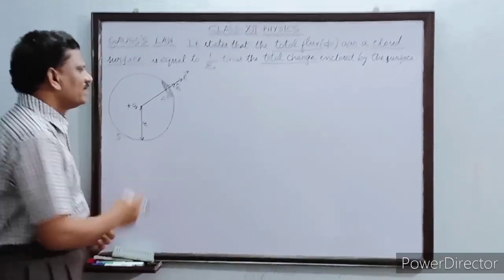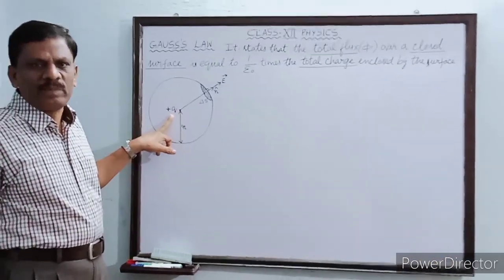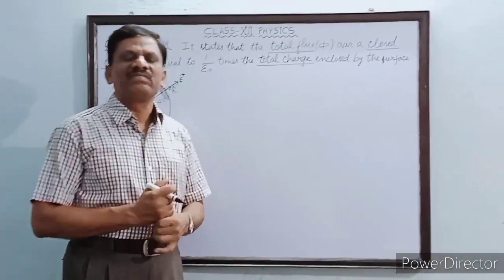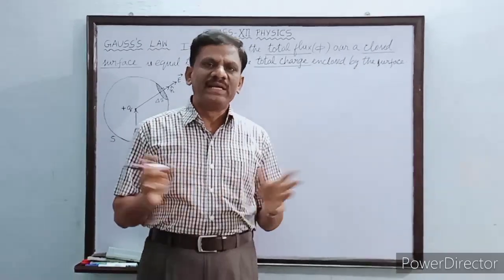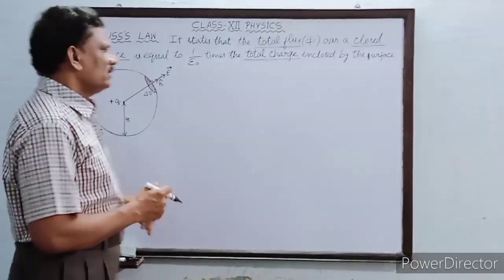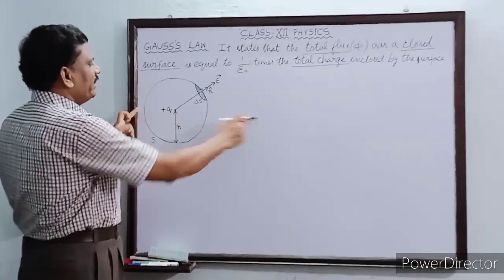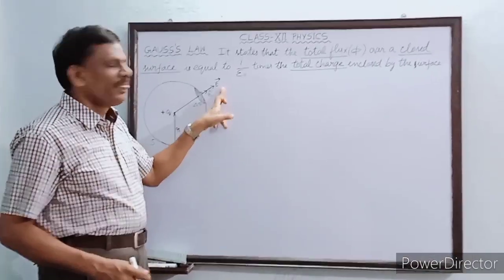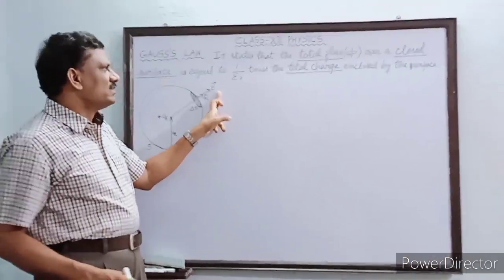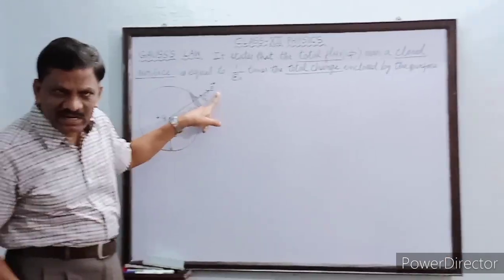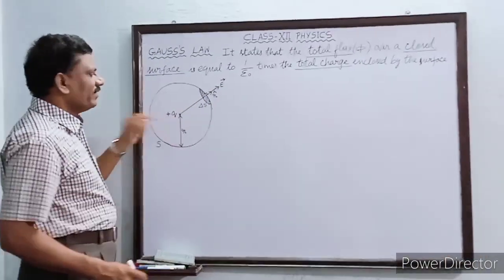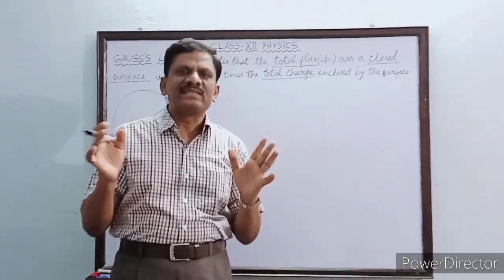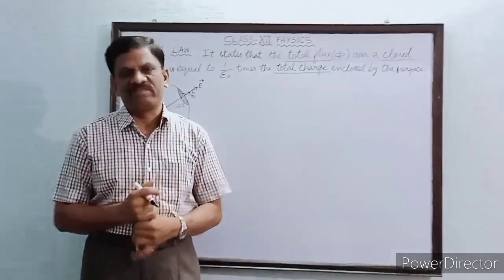So in this picture, I have taken a positive charge plus Q. Since it is a positive charge, the direction of the electric field lines of force should be radially outward. So, with respect to the center, the electric field lines should be radially outward in all the directions. But I have shown only one such electric line of force. This is the direction of the electric field, and since the given charge is a point charge, the electric field shape must be a sphere. So I will assume an imaginary spherical surface